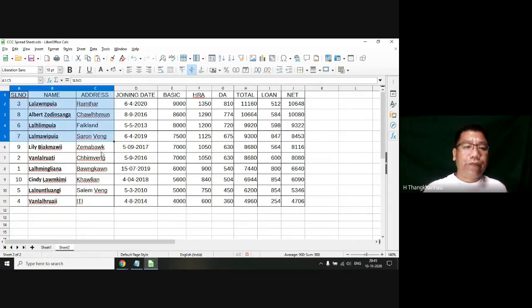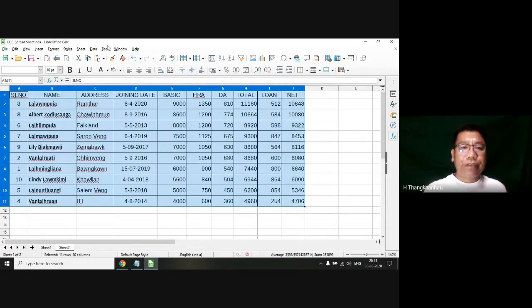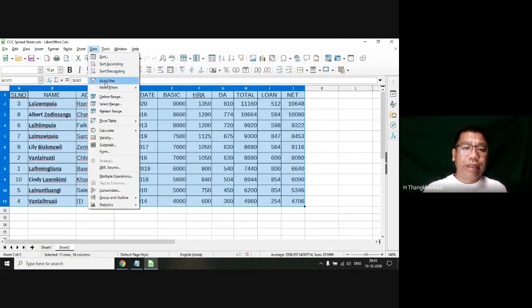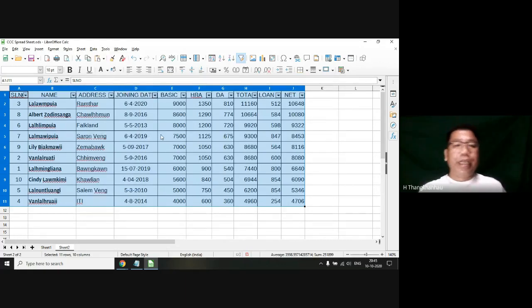Now let's do filtering. In order to do filtering also, you have to select all the data and go to Data, and let us click AutoFilter. Okay, you can go to the standard filter, advanced filter. Let us go to AutoFilter, and then you have seen this AutoFilter box, and from here you can